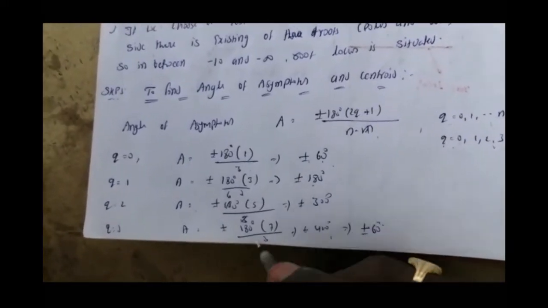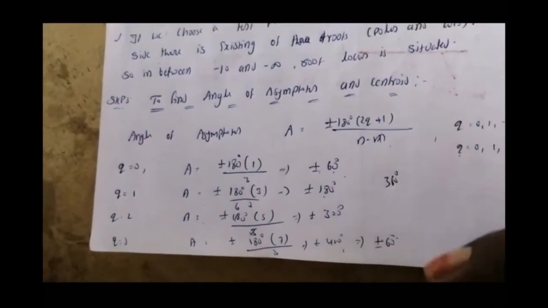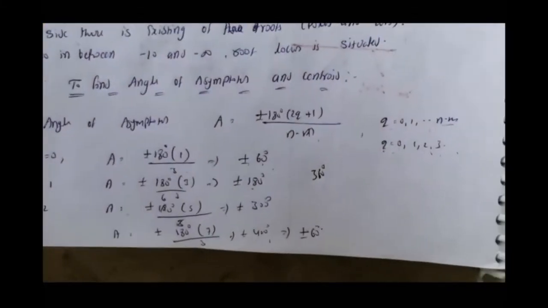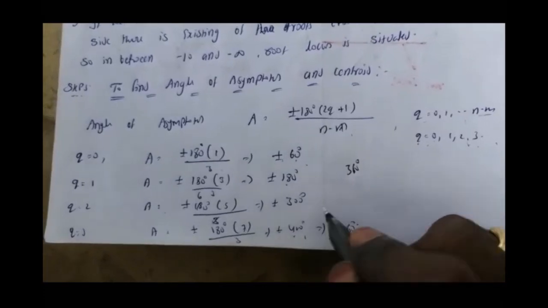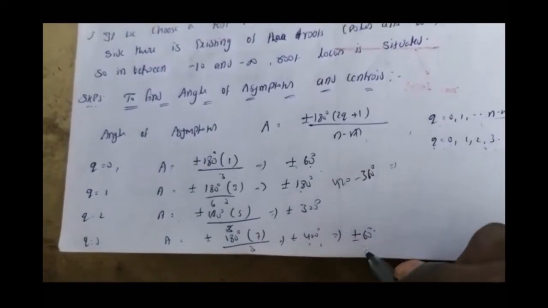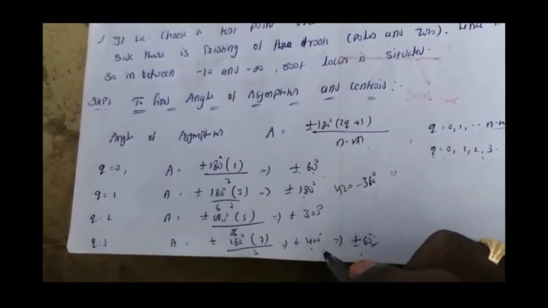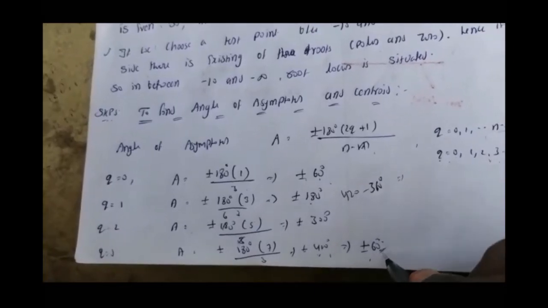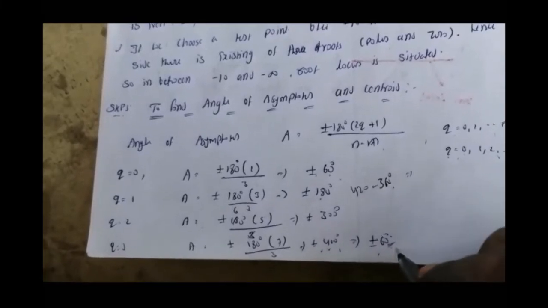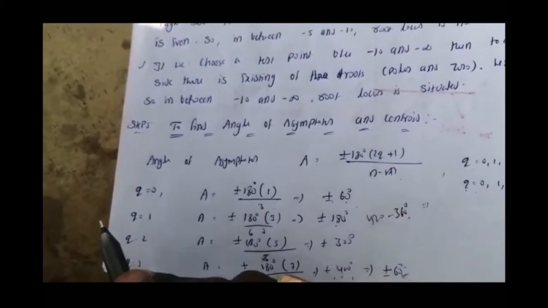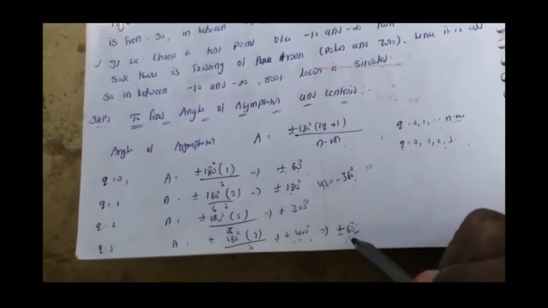So here when you obtain an angle more than 360 degrees, actually we have only 360 degrees, right? So what we have to do is subtract 420 minus 360, then finally we will get the correct angle. So when we convert an angle more than 360 degrees, you can write like this. So how can we do it? By subtracting 360 degrees from it, then you will get the angle. So finally for the 4 values of q we have 8 angles.